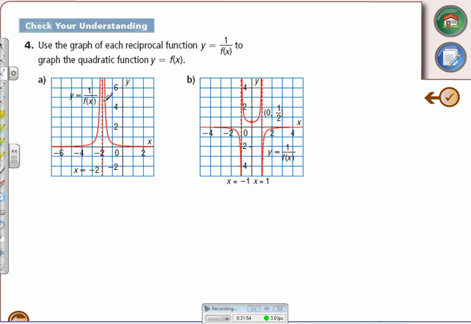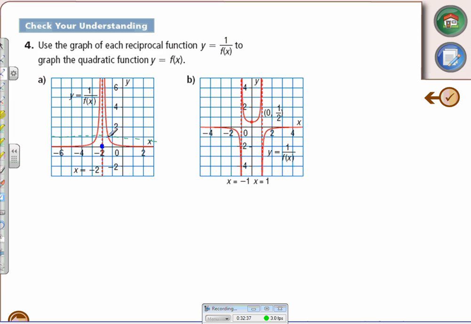Wherever there's an asymptote, there was an original 0 on the quadratic function. So an asymptote becomes a 0. We know we have to go through that point. Because there's only one asymptote, there's only one 0. Well, the only way for that to happen is if that's the vertex. We also know that it's symmetrical about the vertex. So if that's there, this has to be the vertex. Then we look at, there's nothing going to be at -1, but there is going to be something on +1. So wherever y equals 1,